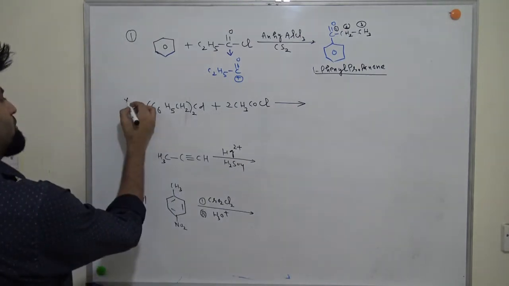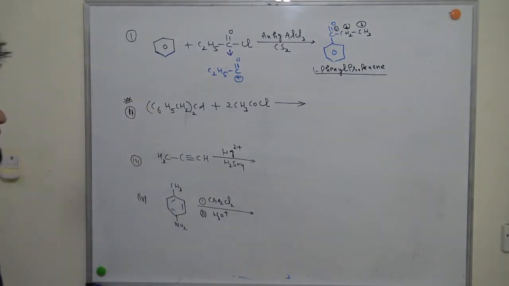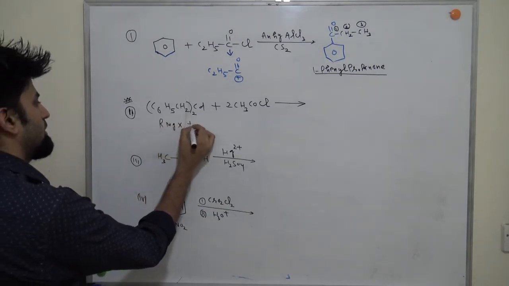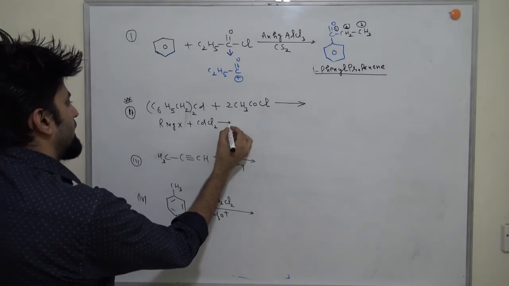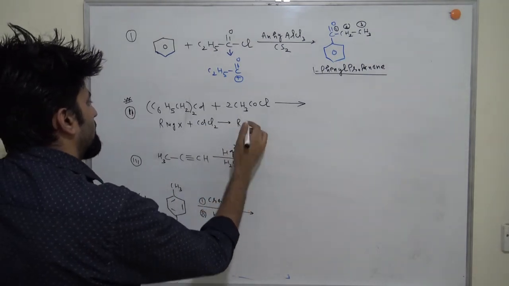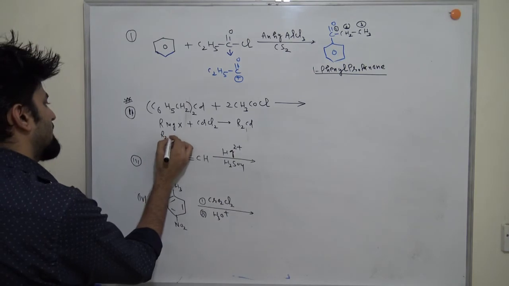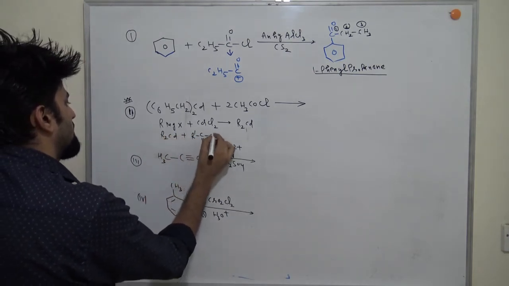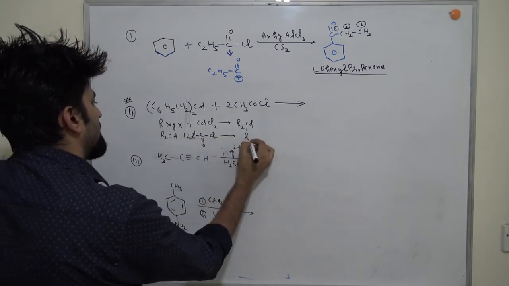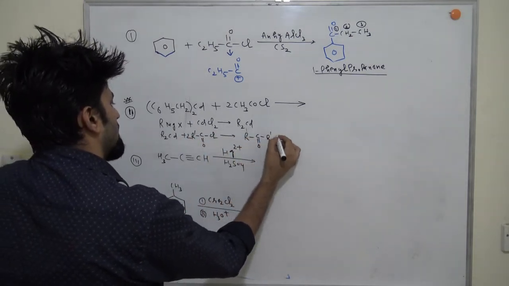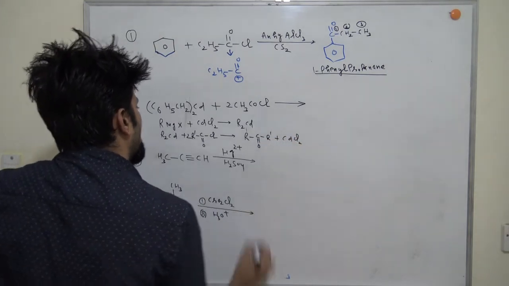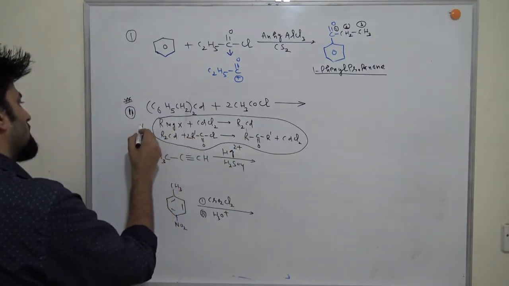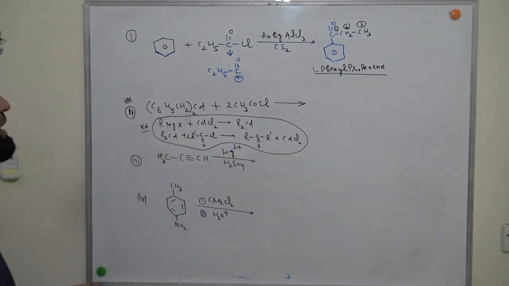This is a very important reaction. I told you this is a method of preparation. If you remember, we used to do this reaction: RMgX reacts with cadmium chloride, we get R2Cd. Then in the second step, we do the reaction of R2Cd with acyl chloride, 2 moles, and this gives you RCOR' along with cadmium chloride. Remember, we did this reaction in the method of preparation of ketones, and it is very important because you have to memorize this reaction.